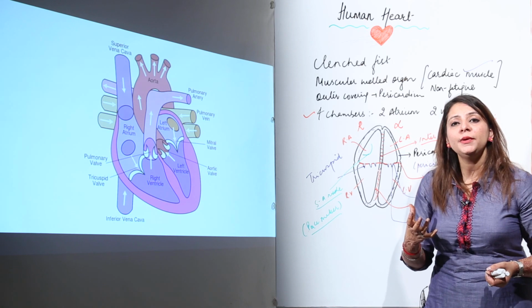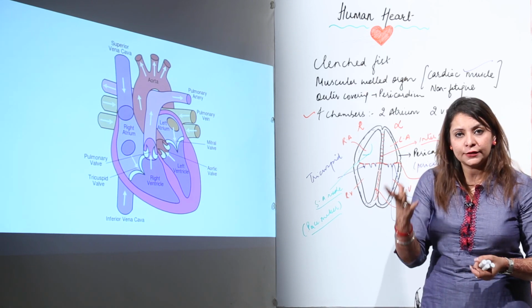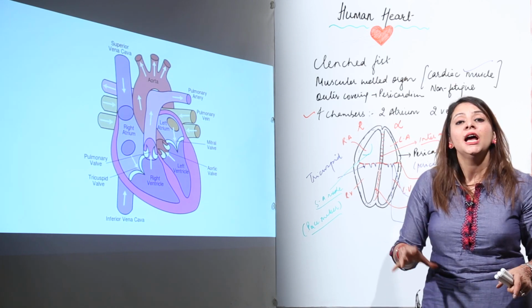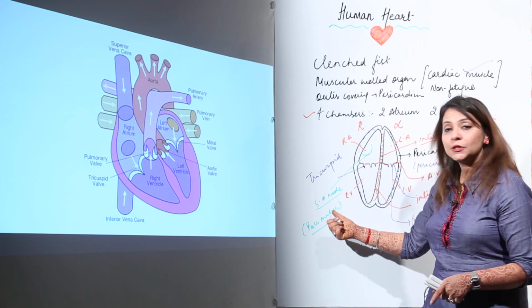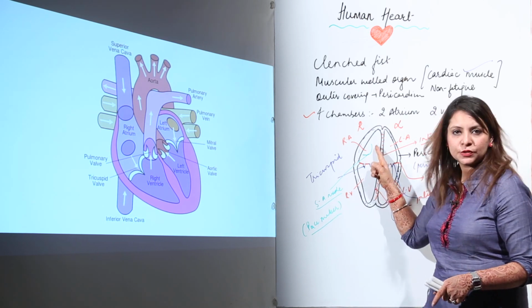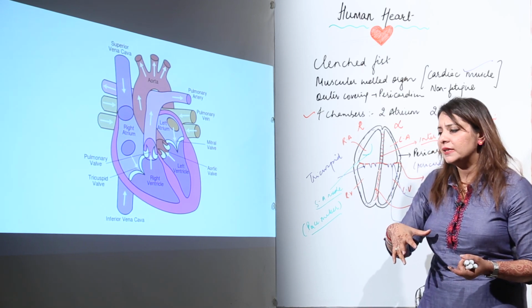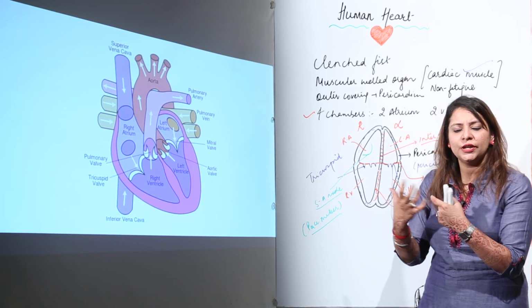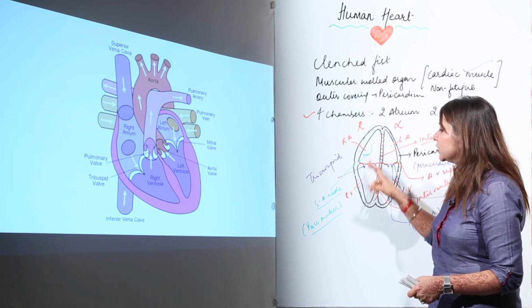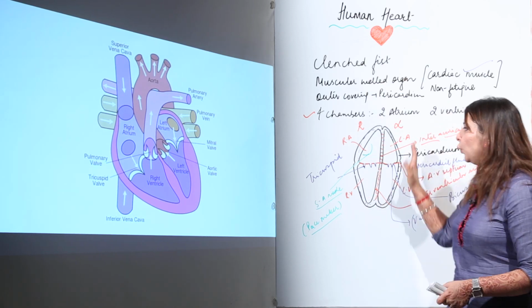So there has to be a certain initiation for the electric impulse which can travel throughout the heart, and that initiation is done by the pacemaker, that is the SA node, this cup shaped structure. And what is that initiation? It is just an electric impulse, you can say an ion exchange which initiates the impulse. So this is the pacemaker, and this is the structure.